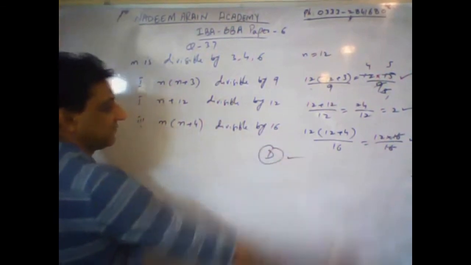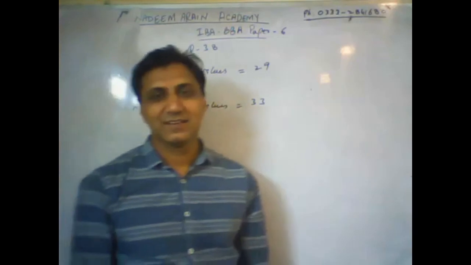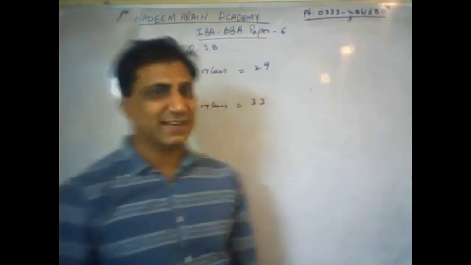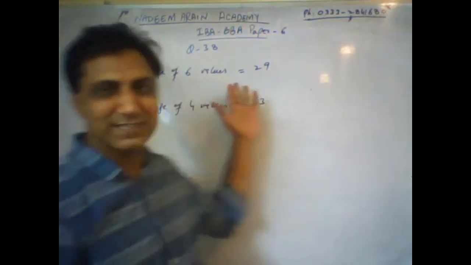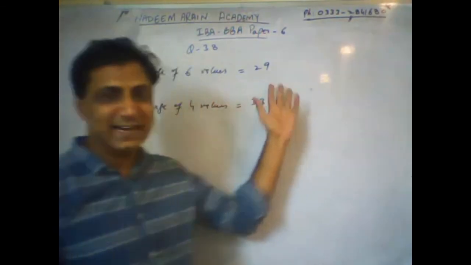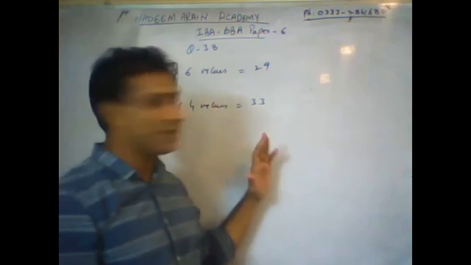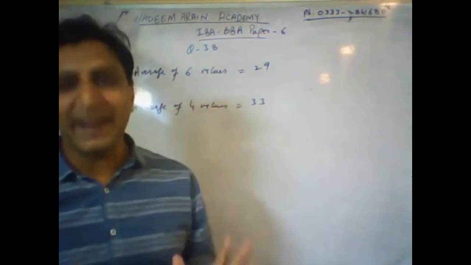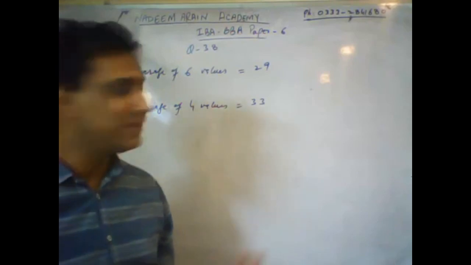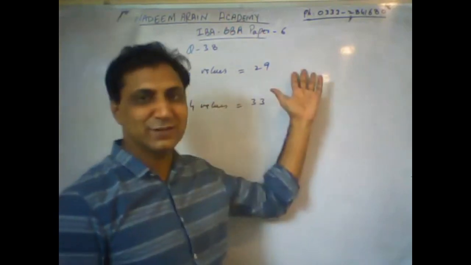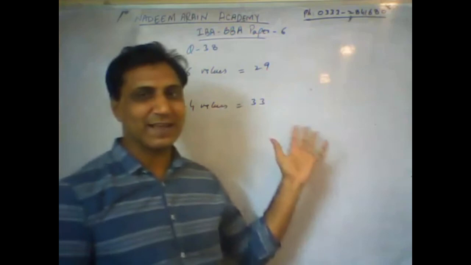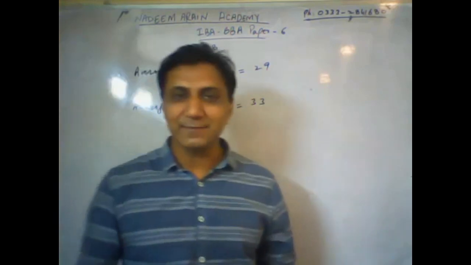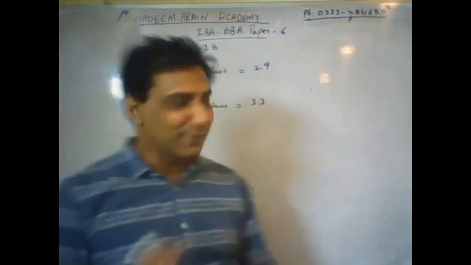Thank you. Hello student, we are continuing to question number 38 from IB past paper 6. The question says that the average of the first 6 values of a data set is 29 and the average of the next 4 values is 33. So we have to find the average of all 10 numbers. For that we need to find the sum of these 6 values first and these 4 values. We add the sums up, we get the total sum and we divide it by 10. That will be the new average.